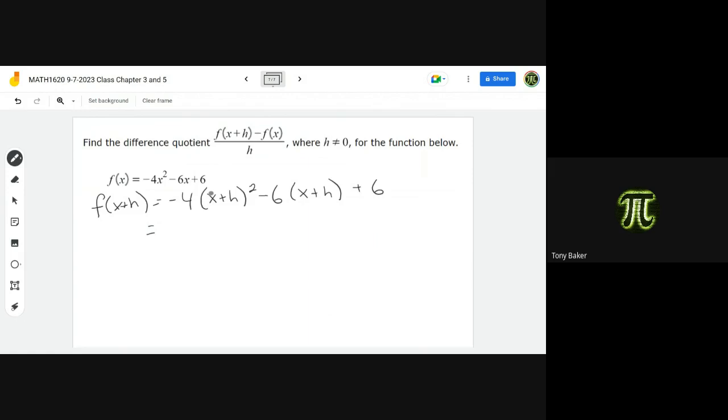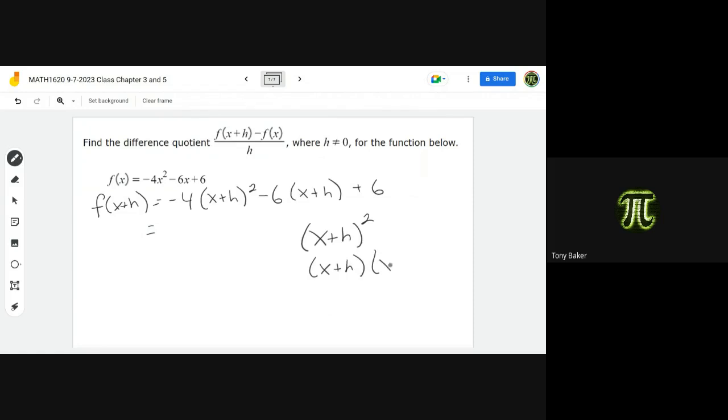What's x plus h squared? Squared. No. But oh, thank you for saying that. That is the next big thing that always comes into play. Remember, x plus h squared